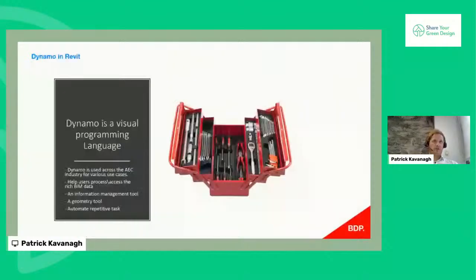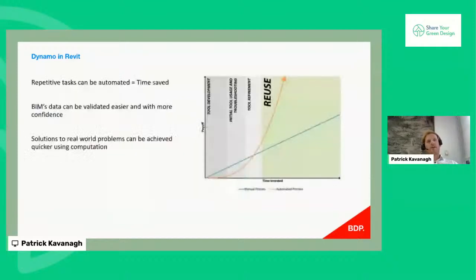So one of the tools we use to try and be more efficient with Revit is Dynamo, which is a visual programming language. It's used across the AEC industry for various use cases. What it does is it helps users process and access the rich BIM data. It's an information management tool, a geometry tool, and ultimately it automates repetitive tasks, which saves time. So BIM data can be validated easier and with more confidence,